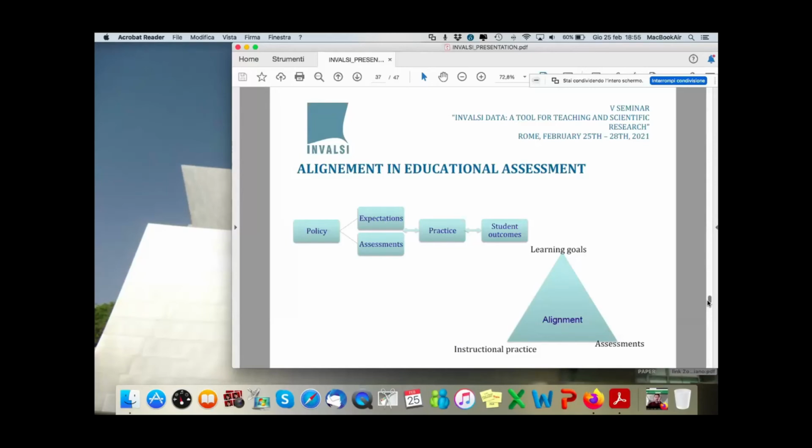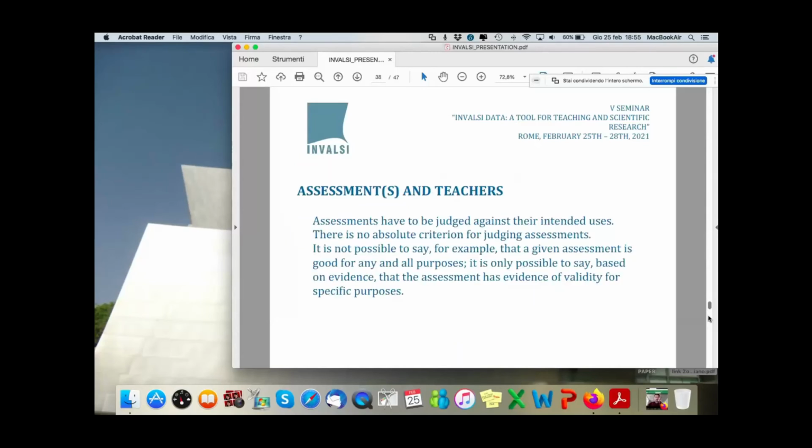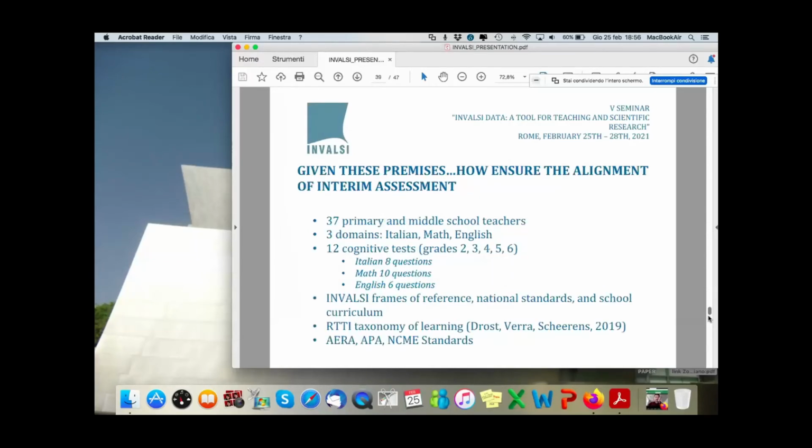So what to do to ensure a sound assessment? We have tried to work on the alignment also. And what we have done more specifically, we have realized